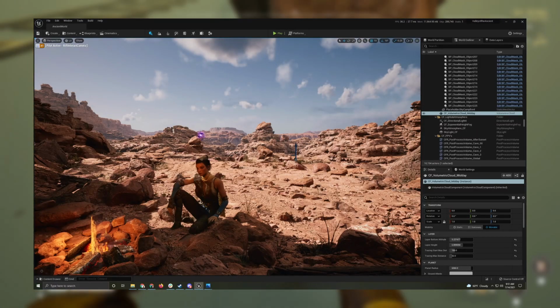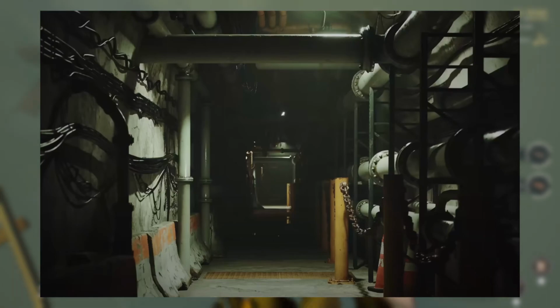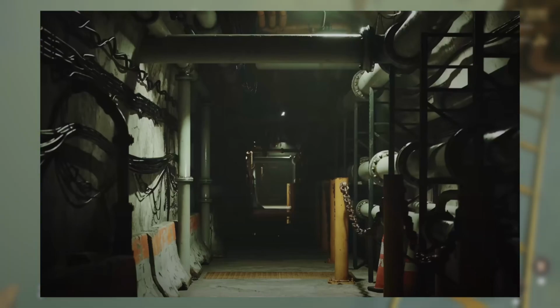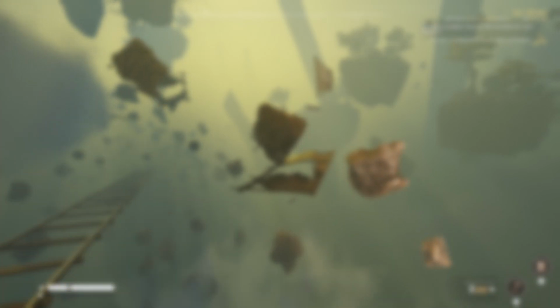Obviously these screenshots don't do full justice to the actual graphics of the game, but it's still really cool to see what Unreal Engine is capable of. This underground maintenance tunnel has to be my favorite. It literally looks like a photo taken out of real life. Even the marks on the concrete are insane, and I'm just talking about the ground. That's literally how impressive it is.